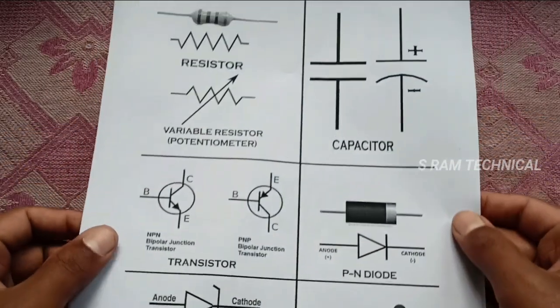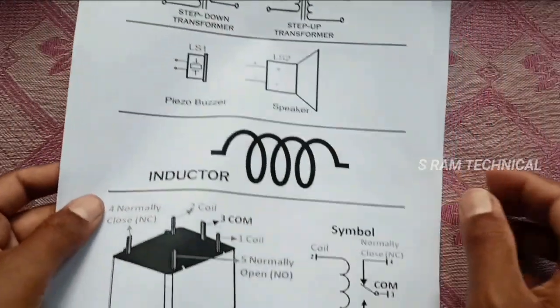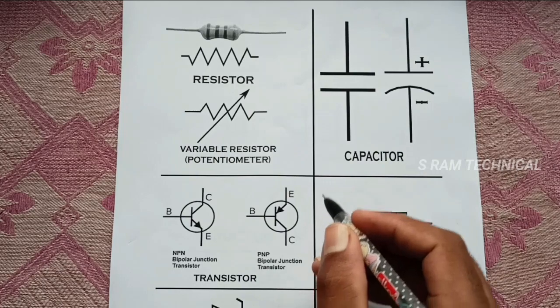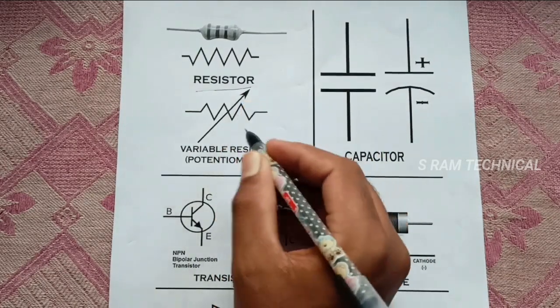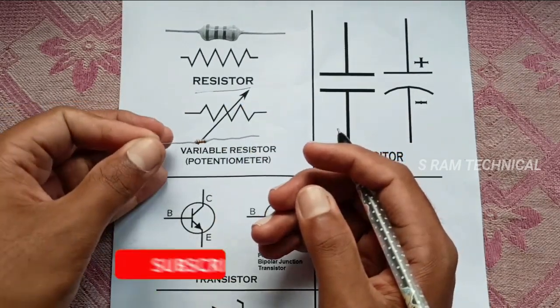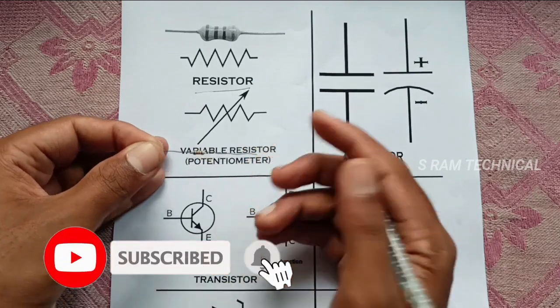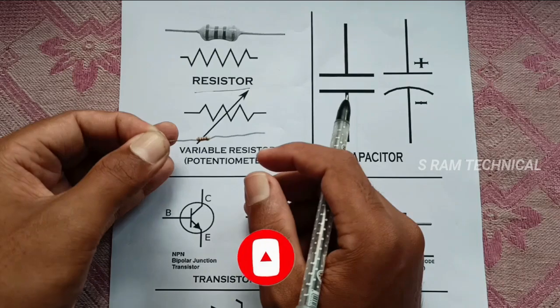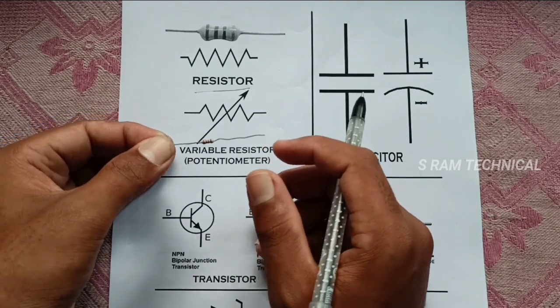Today I will explain to you in full detail about basic electronic components. We have the first main component, the resistor. This is a resistor. There are many types of resistors, and we simply call this one a fixed resistor. A resistor is a component that regulates the flow of electric current in a circuit.